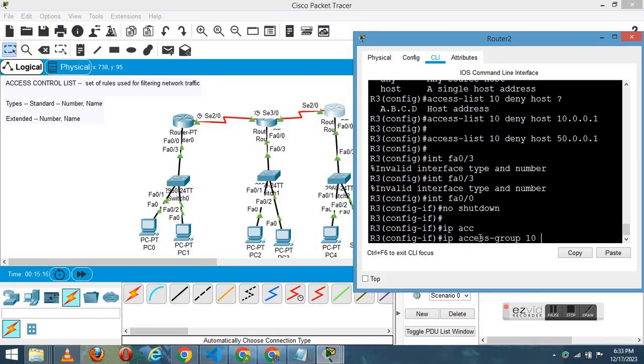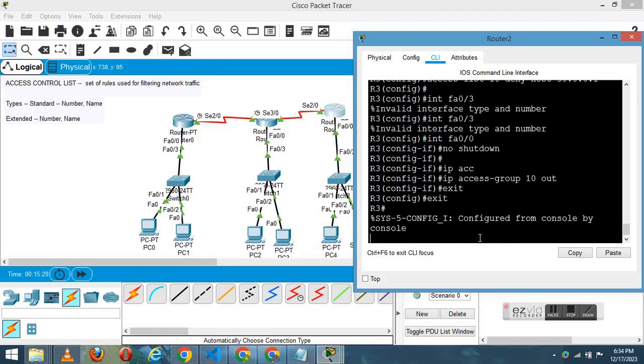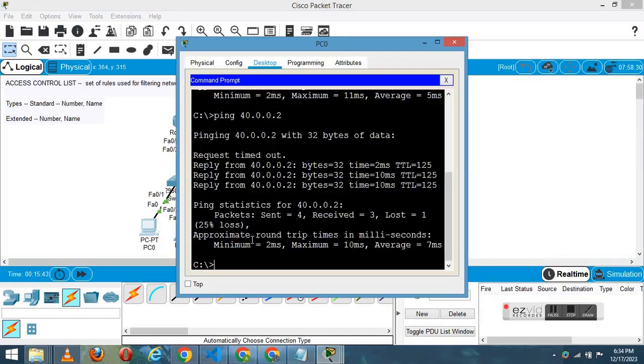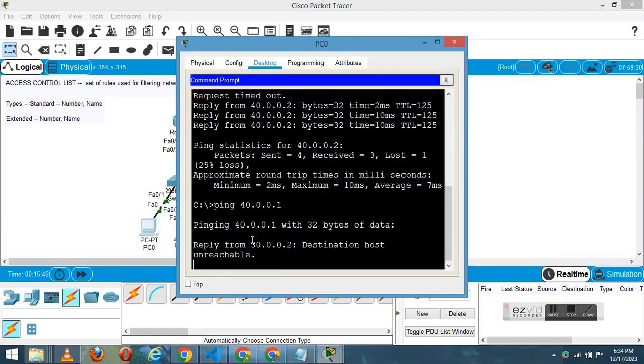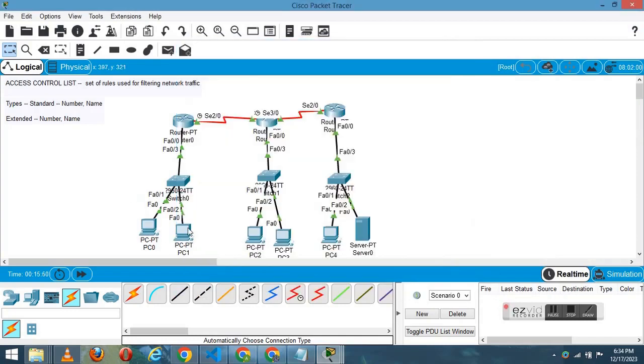So let us go inside the interface, no shutdown, and then ip access-group, and then the number, and then out, because the traffic is moving outside the FastEthernet 0/0. So exit. In the access list, we can see that we have denied 10.1 and 50.1, so we have also implemented it in the